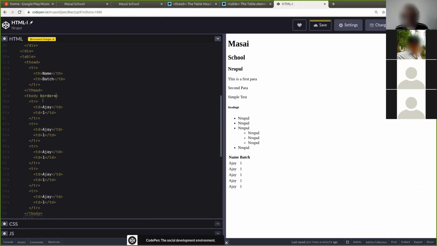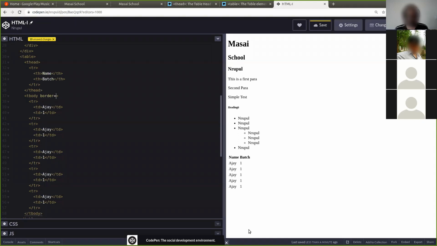Let's say you are working on a video tag, or on an image tag. For a video you need video-like attributes, for an image you need image attributes, such as where the link of that image is. Those are the things which you need to know. These are special properties which are only applicable for those tags.